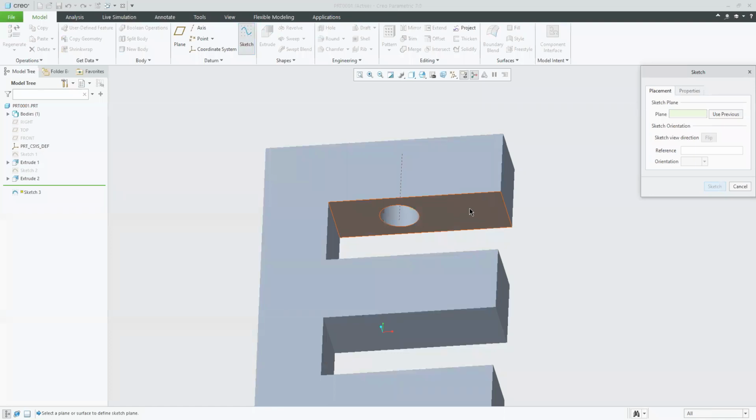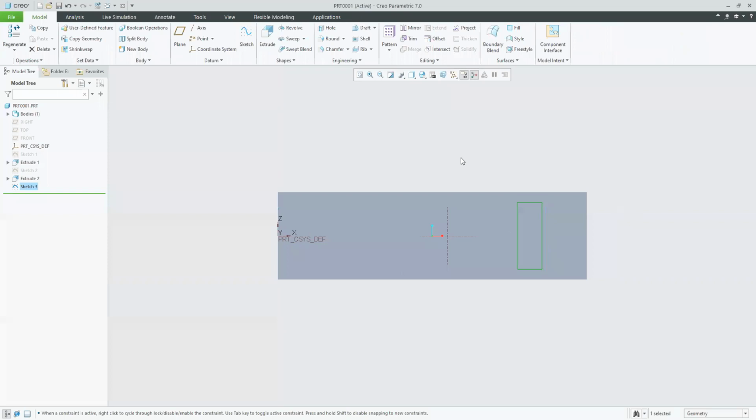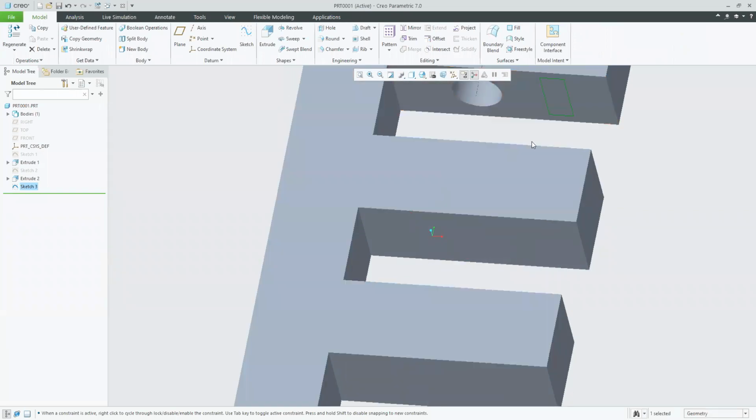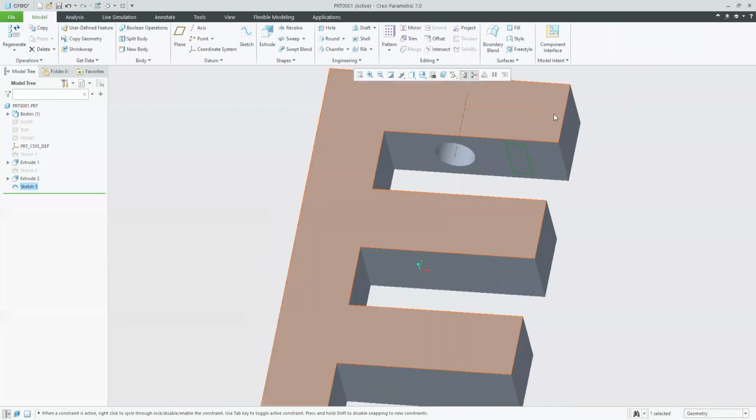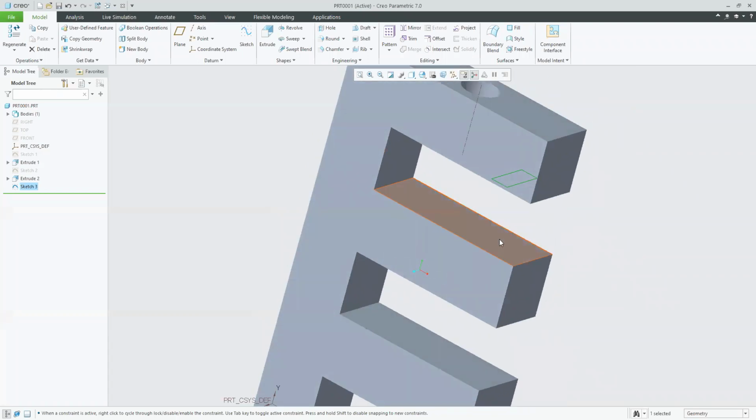For example, now I am saying sketch on this plane. Sketch. And now let's say I am creating a rectangle like this. I am not constraining it, I am leaving it as it is. Now the property of this rectangle is that it adds material till this location.